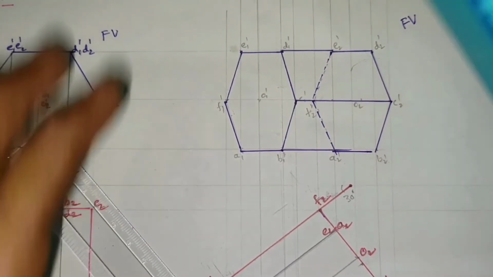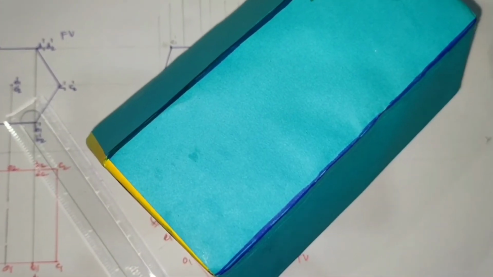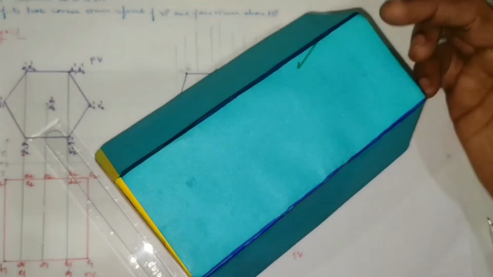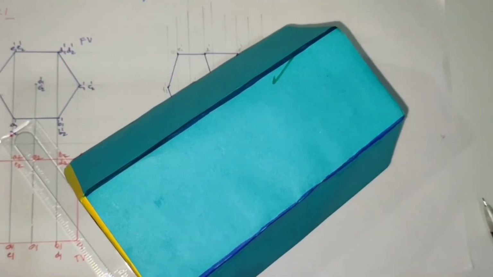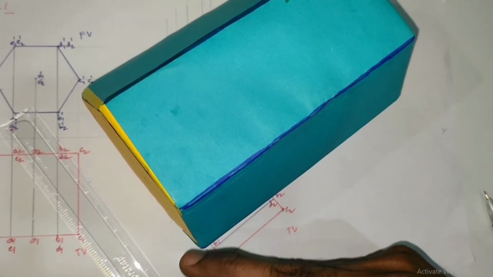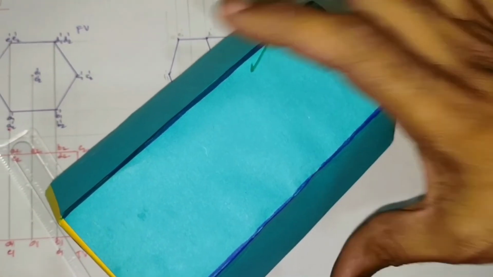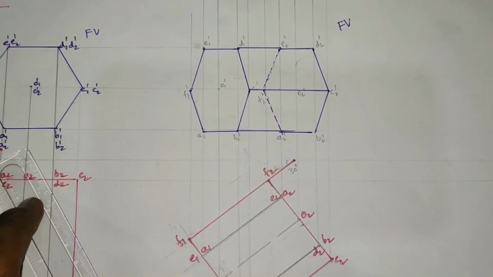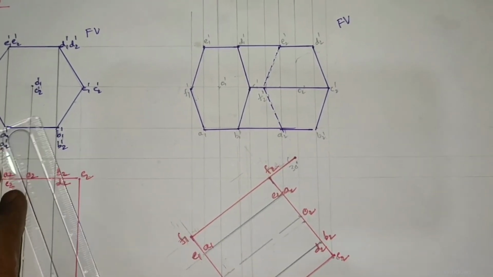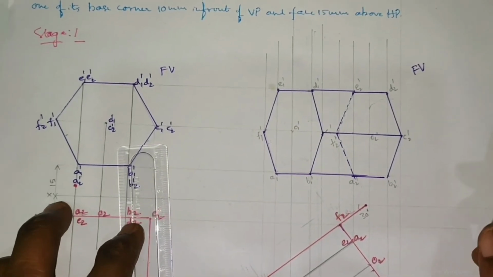Here, let me show you about these hidden lines. When the object is viewed in this direction, these two edges will not be visible for us. So this edge and this edge. We are viewing in this particular direction, so obviously these two sides are not going to be visible for us. That is the reason why these two sides have been represented with dotted lines. So that is how we have to draw the projections